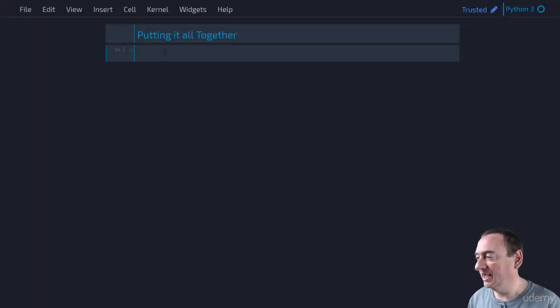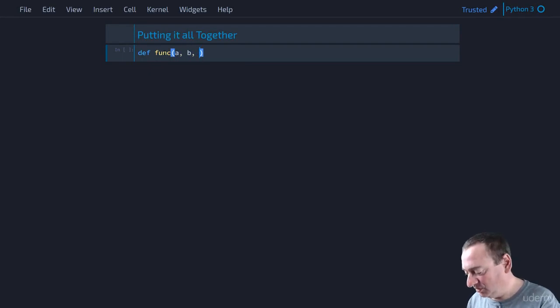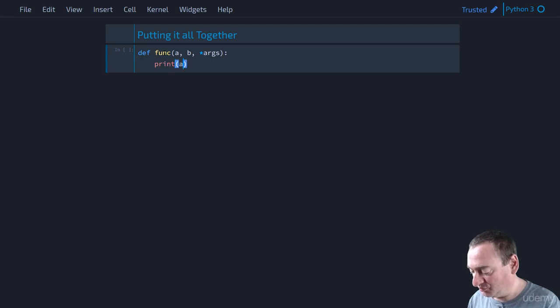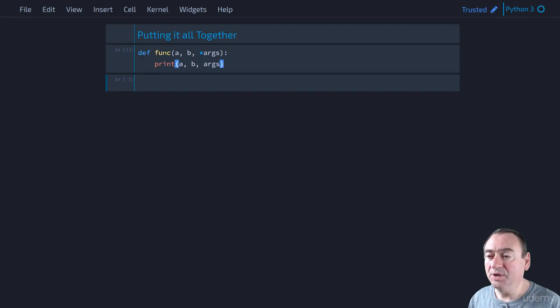So let's start by looking at a pretty straightforward function. We'll take two positional parameters and then we'll scoop up any extra ones. And all we're going to do here is just print out the parameters' values. Okay, so now we can of course call this function passing in two parameters for a and b, let's say